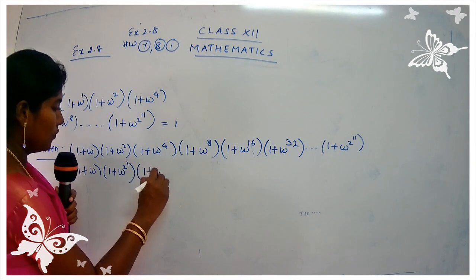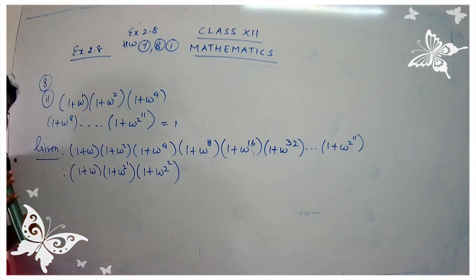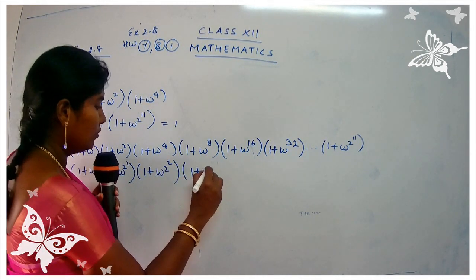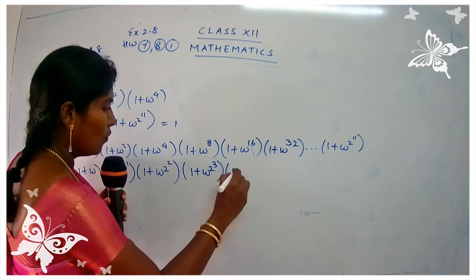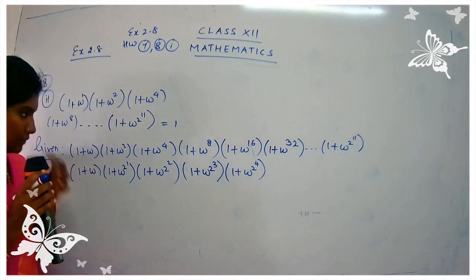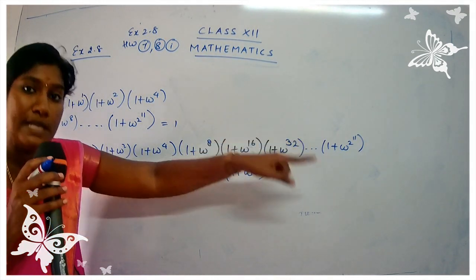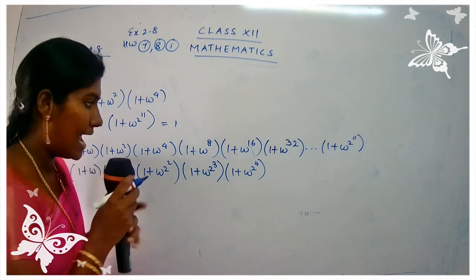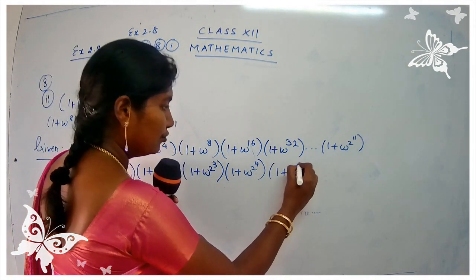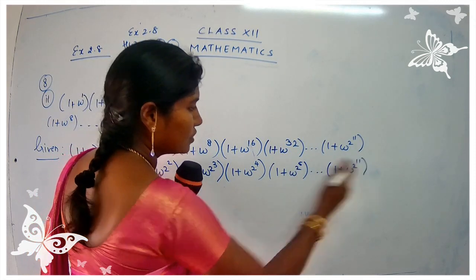1 plus omega, 2 raised to 2. So raised to 4. Omega raised to 4 will be written as 2 raised to 2. 1 plus omega, 2 raised to 3, 1 plus omega, 2 raised to 4. I hope you people are clear. We can just go on. 8 2s are 16. So one more 2 is added. 16 2s are 32. So again one more 2 is added. So what do you get here? 1 plus omega raised to 2 raised to 5, dot dot dot, 1 plus omega square raised to 11.